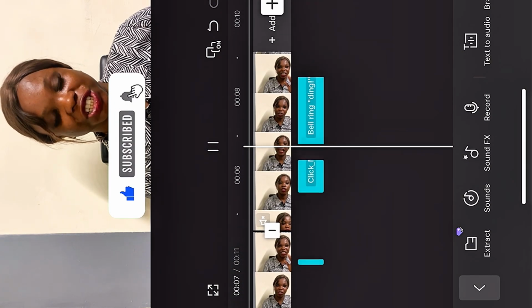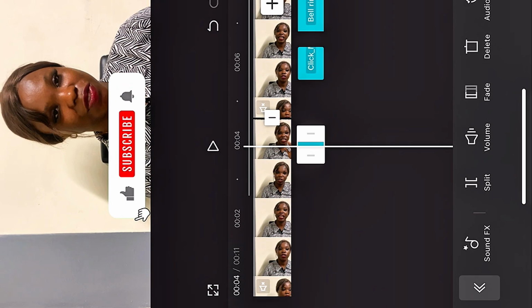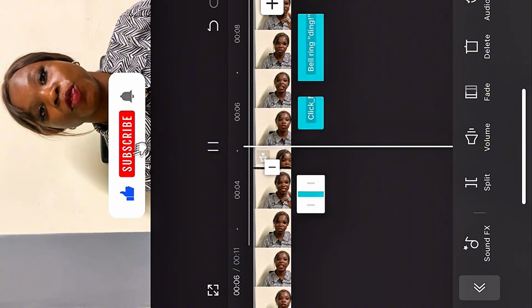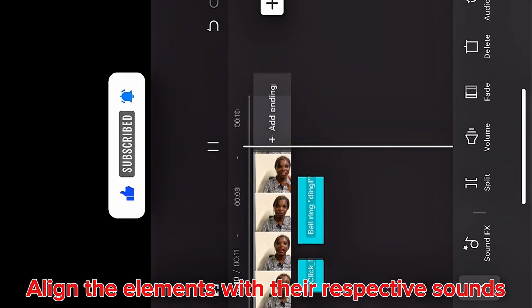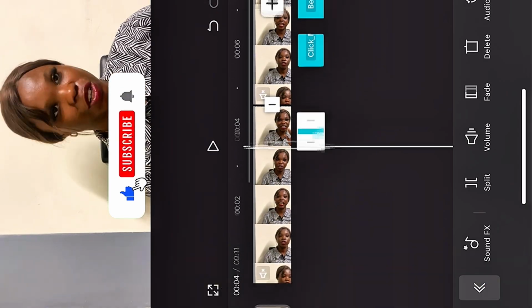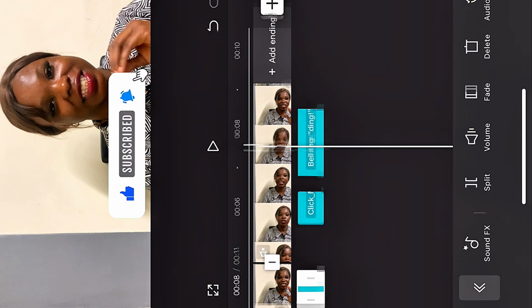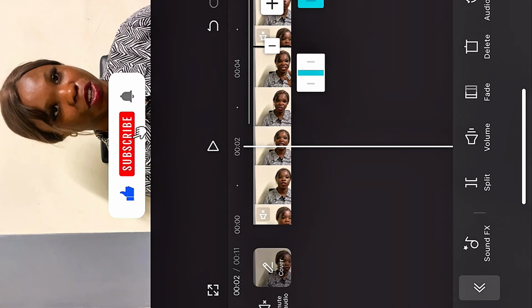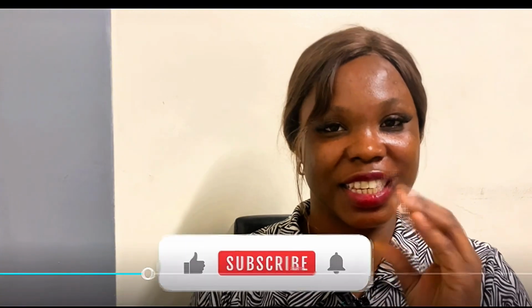Finally, position the sounds to actually align with the animated button, the animated finger of the like, the subscribe and the notification. Ensure that it is well aligned, like it is going accordingly, not like the sound is before the like or the like is after the sound. So ensure that everything works accordingly. Having done all this, now let's see what our animated subscribe button now looks like. So we're just going to click on this button and see. Now as you can see,